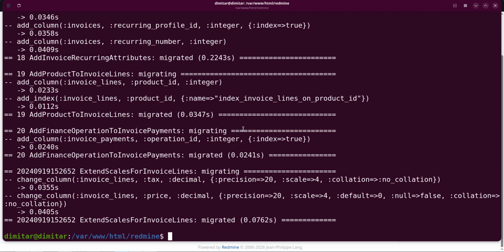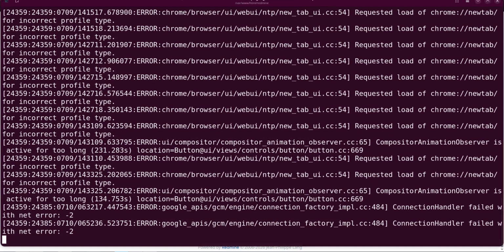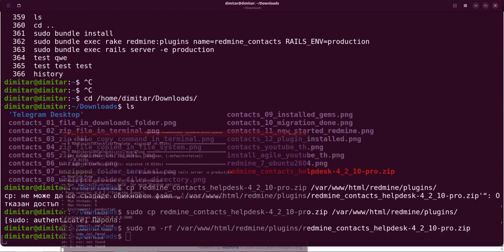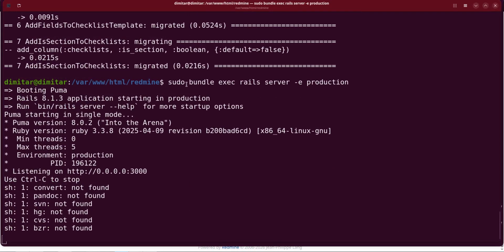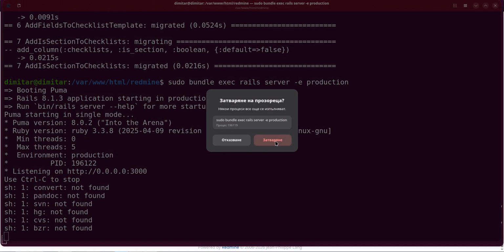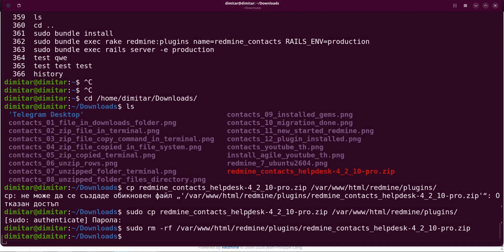In your case, it could happen in another way. For example, if you're using virtual machine, you could switch it off and then switch it on. Also, you could restart via touch tmp/restart.txt and so on. But in my case, I'm running the Redmine in terminal, start it in this way. So when I close this terminal, it shuts down Redmine. So this is my way of restarting. I shut this down and start again in this window